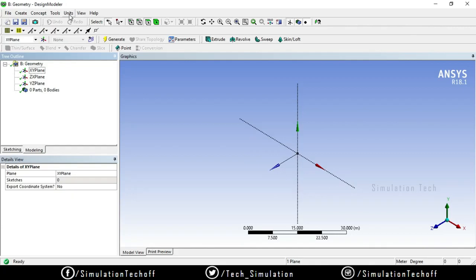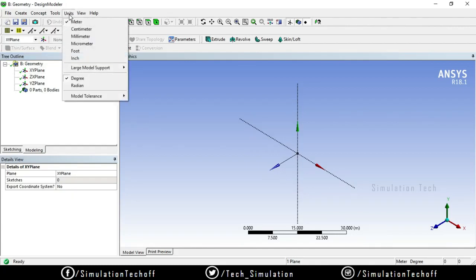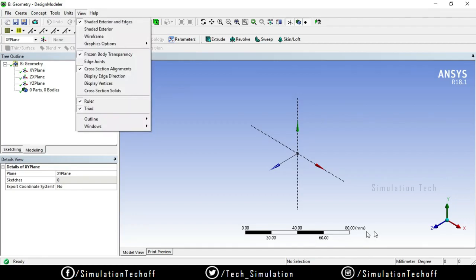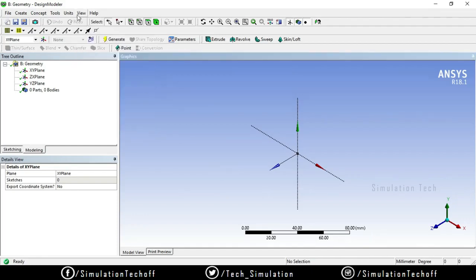Here we have an option called units. Just click on units, and you have various options: meters, centimeters, millimeters, micrometers, feet, and inches also. Whatever unit you need, you just click here. I need millimeters, so I can change it from here. Now my unit system is changed, right?